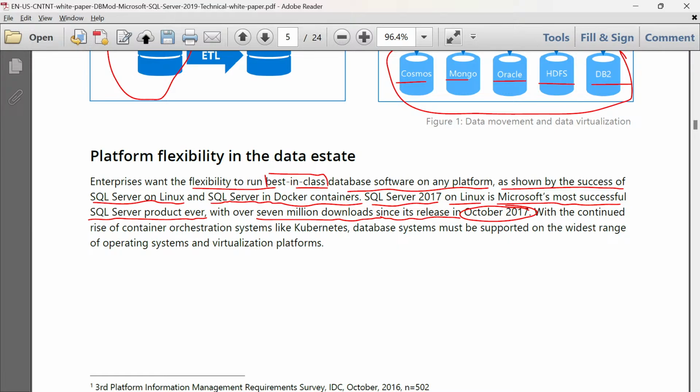over the Linux platform. Now, with the continued rise of container orchestration systems like Kubernetes, the database systems must be supported on the widest range of OS and virtualization platforms. Suppose you try to use a virtualization platform on a physical system.